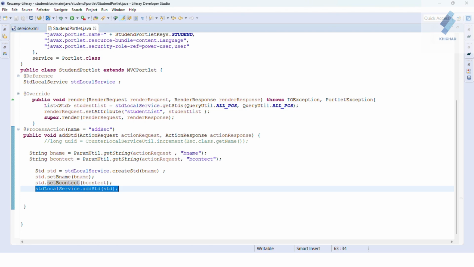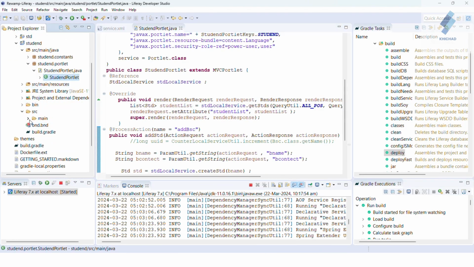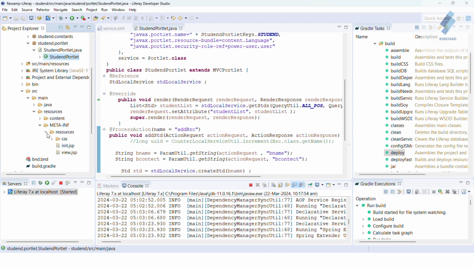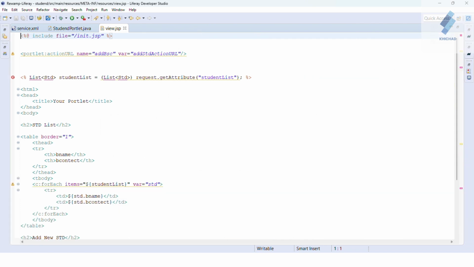So let's move on to the JSP. Just go to the resources, META-INF resources, and open this. I have created this template to display our student data. This JSP renders a form and a list of student objects along with their names and contact numbers.